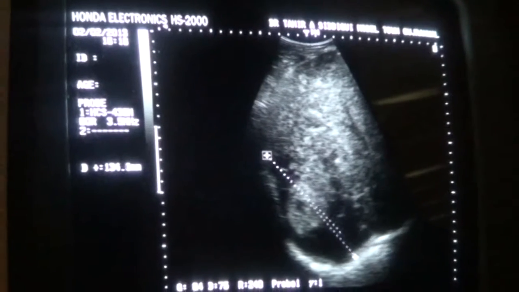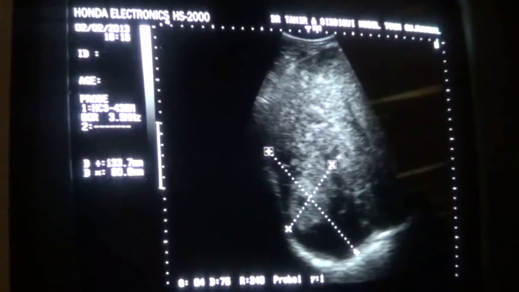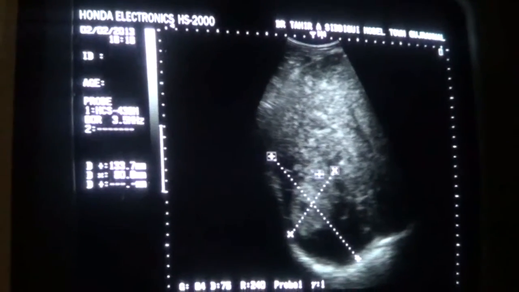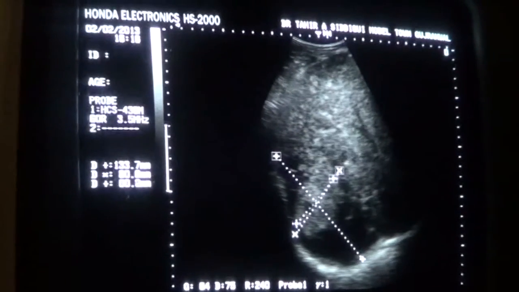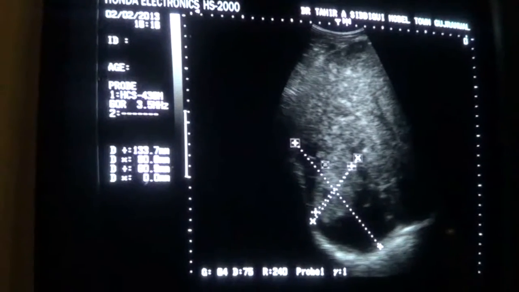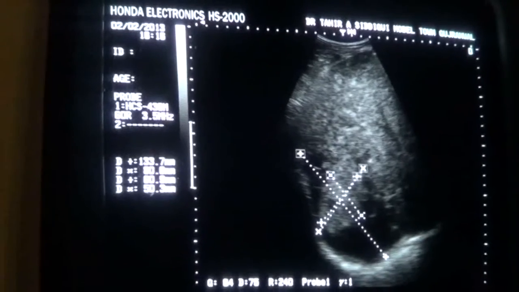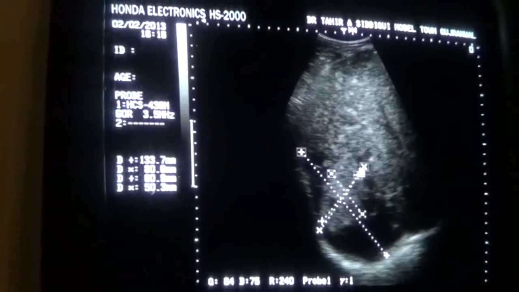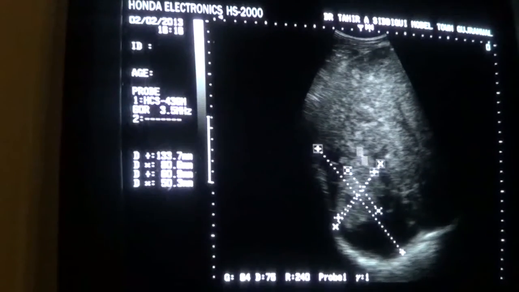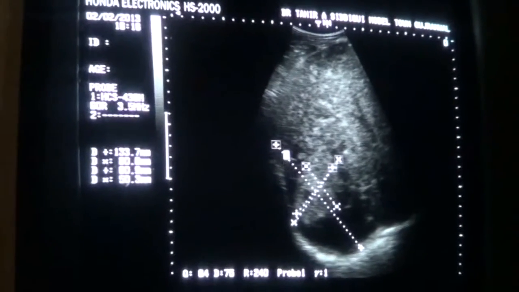You see from here to here and from here to here. The characteristic of this focal lesion is that it measures 6 by 5 centimeters, and this echogenic area with an internal cystic area as well is HCC, or hepatocellular carcinoma,